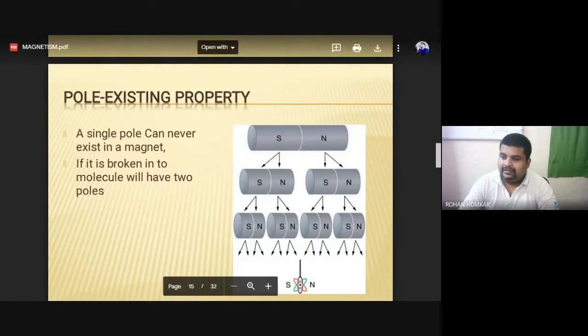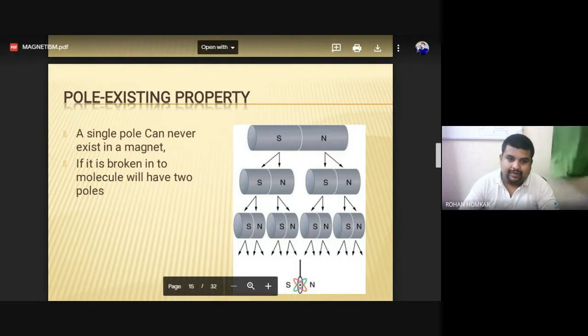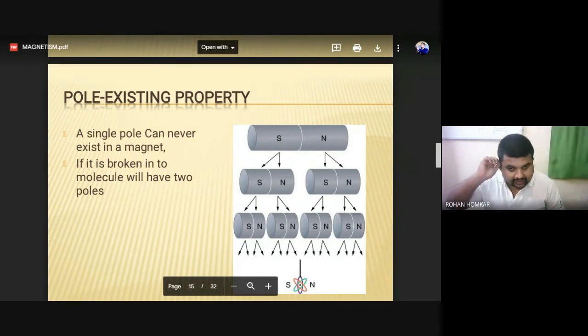Now the pole existing property, or we can say it is extending its magnetic field. If we take one magnet and divide it into two parts, we can understand that it will have a north polarity at the right hand side and south polarity at the left hand side.